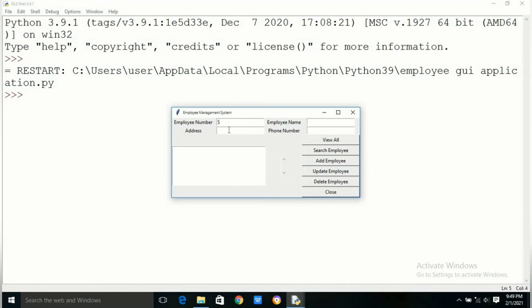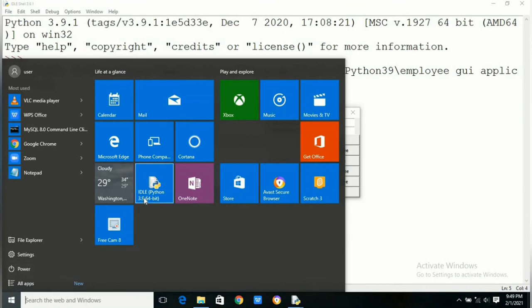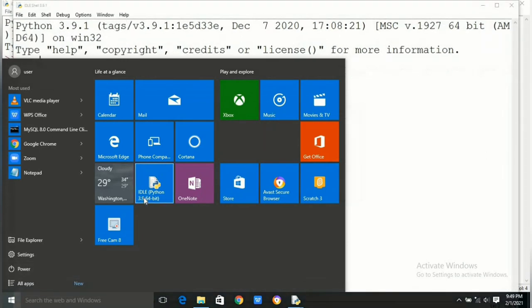The user should enter only integer values. We can have employee number as primary key so that no duplicate values can be entered in the table. We have inserted one record and you can see all the fields are now clear after entering the data.